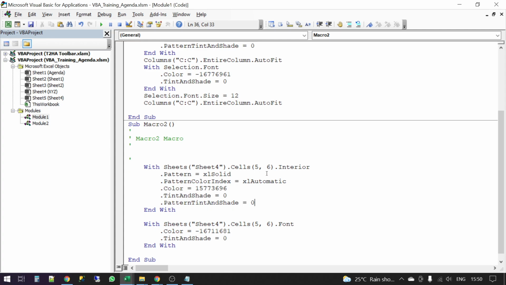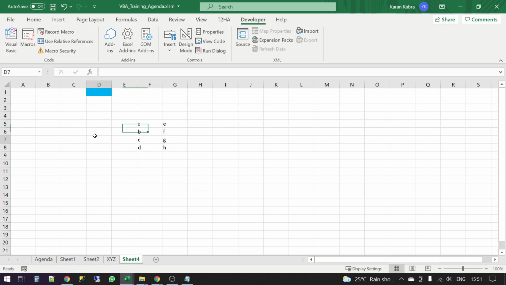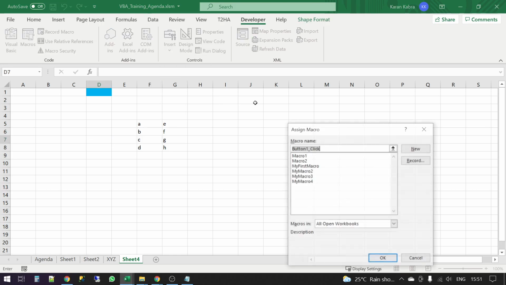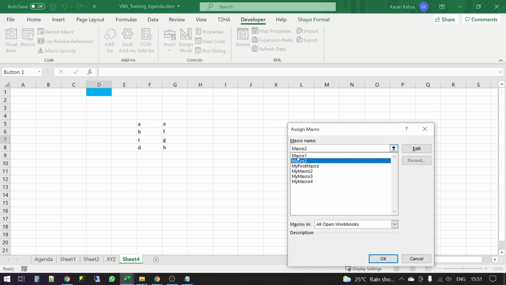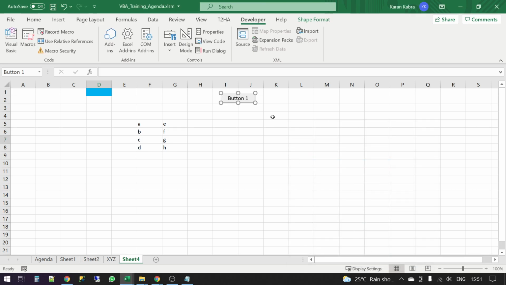So if we run this code, it will automatically change the font and the background color of this cell, right? Let me just insert a button. Now I will reference it to macro 2, which is my recorded macro, which I updated, right?